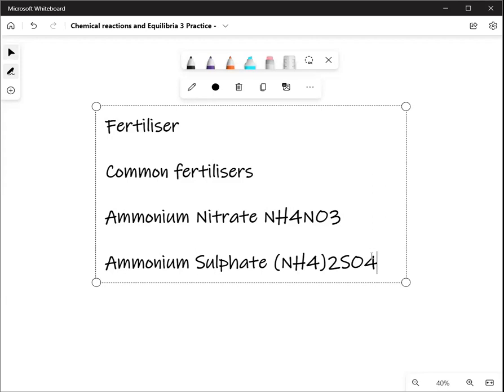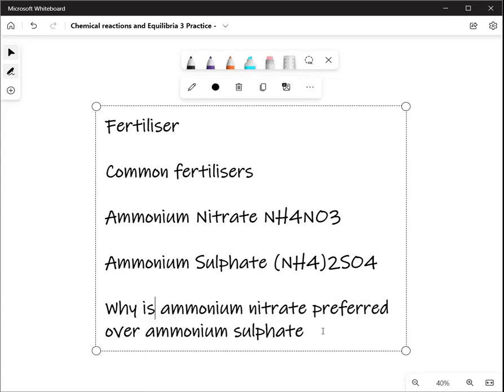Can you hear me? Yes, I can hear you. Why is ammonium nitrate preferred over ammonium sulfate? That's a question. Why is this one preferred over the other one? The answer is,